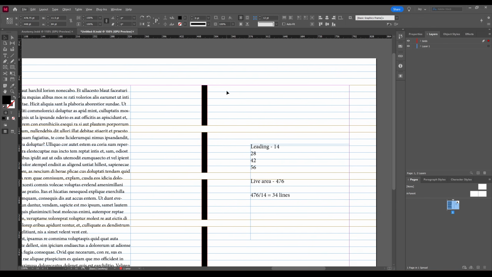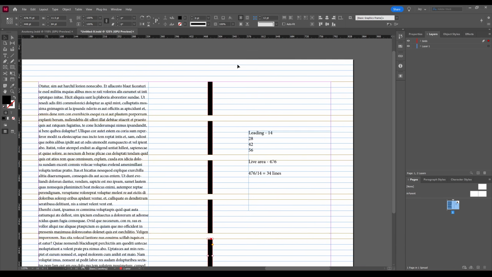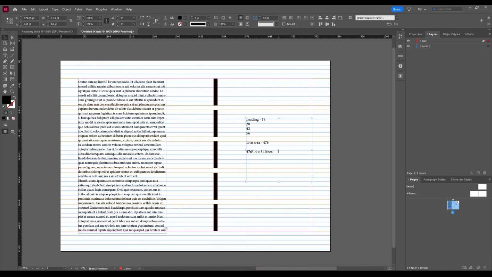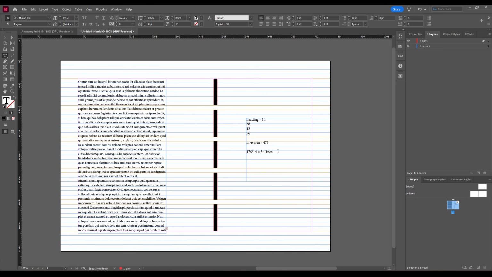So this is row 1. It has 6 baselines: 1, 2, 3, 4, 5, 6, right? How many rows do we have? I'll write it here. How many rows? 5, right? Baselines: we have 6